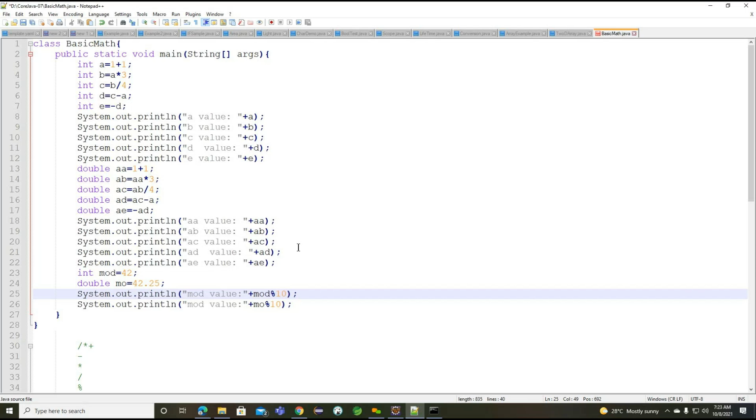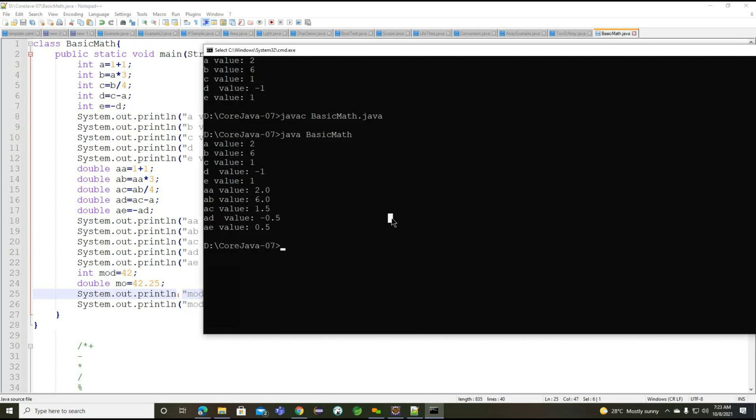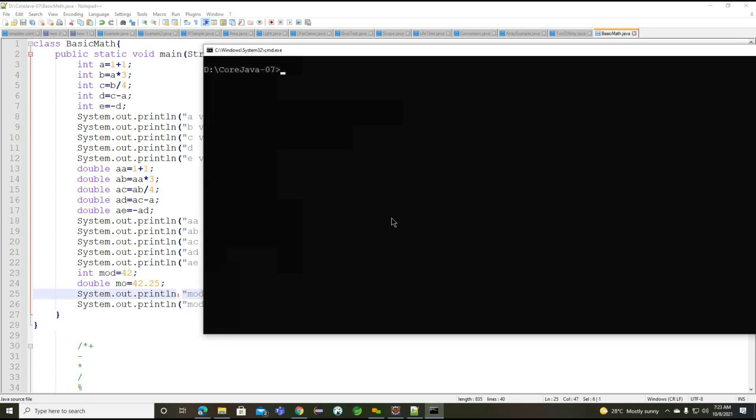Here I will change the value with KMO. Now let's see how this modulo operator is going to work. We need to understand this very carefully and identify what value we are going to get, based on the expression we are using with the modulo operator. So let me save this example, and we'll compile one more time.